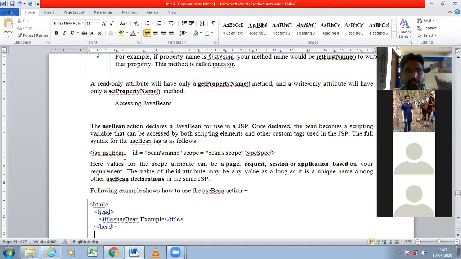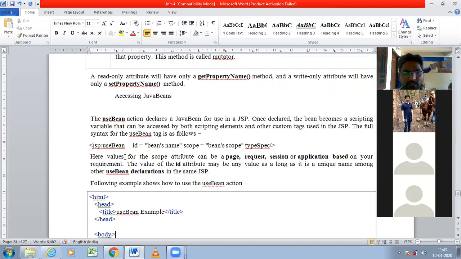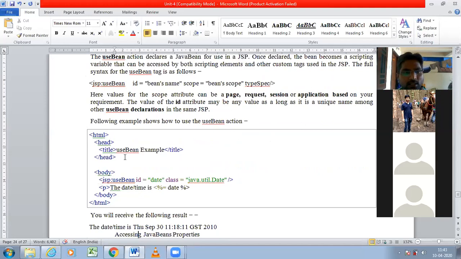Next, so many attributes you can use, like ID, scope, all these different attributes. Just we will see one simple thing here. If you want to create the Java beans in JSP, see here, one simple code I wrote. I am taking one useBean example. With the useBean action we need to create the Java beans. So in JSP, useBean, I am writing some attribute and value. If you want, you can display that particular thing. This is just a simple useBean. This is how to use the Java beans.